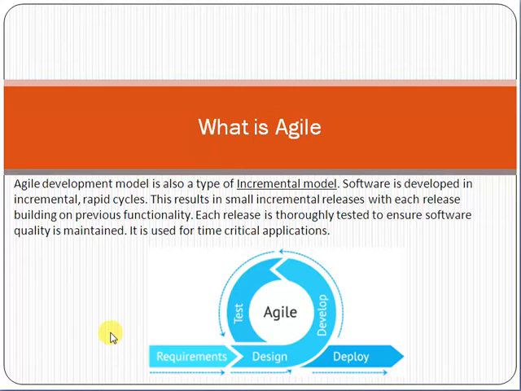The waterfall approach is basically about implementing the project in this way: plan, develop, test, and then deploy. This is the traditional project management approach, called the waterfall approach. The new approach is called the agile approach. Agile means the approach which we use to implement or manage software projects, and